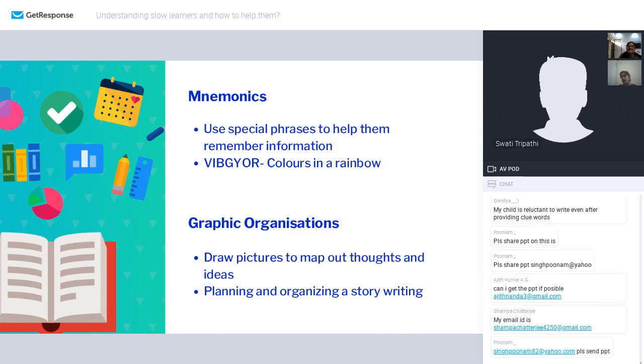Graphical organization or graphical representation is a fantastic way to make the child learn a content. Here we use pictures to map out the thoughts and the ideas. As I have shown in my next slide,